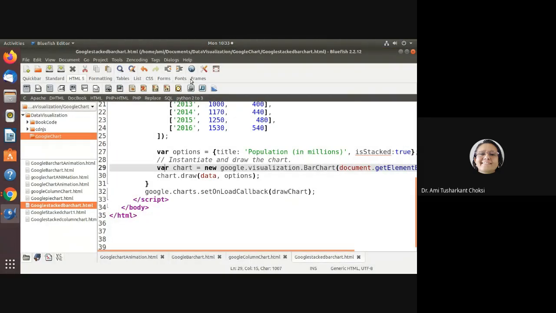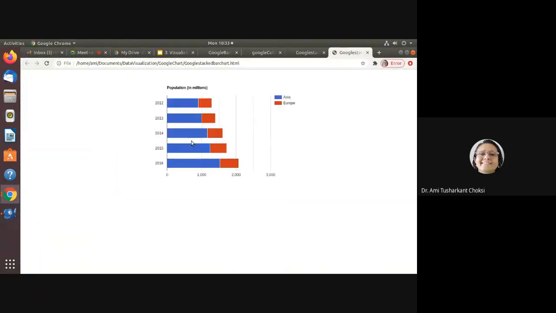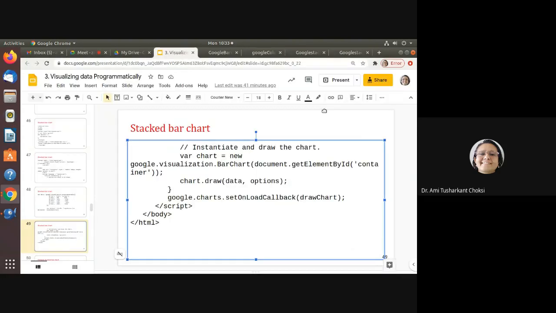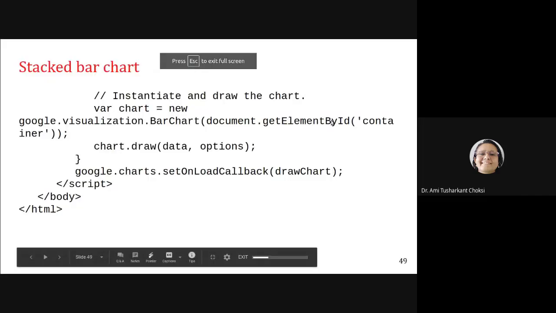Fine. Now we can preview that. Fine, we are able to see. And wherever we are putting the mouse, it shows us, fine, this is for Asia, this is for Europe, right? It shows us all these things. So that is about the stacked bar chart. Fine, we have seen that running also in the browser.